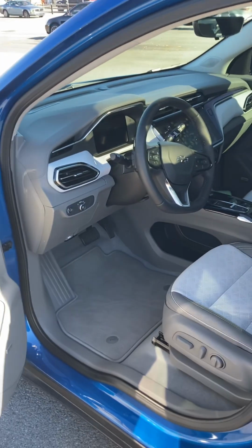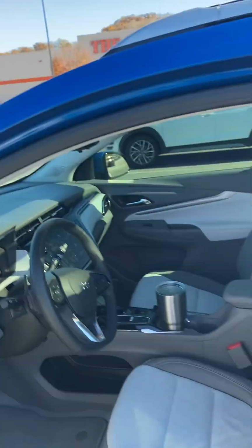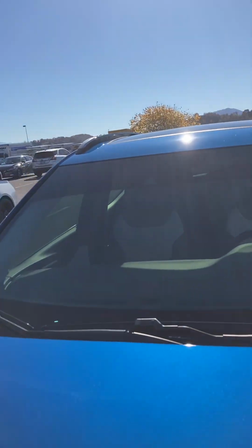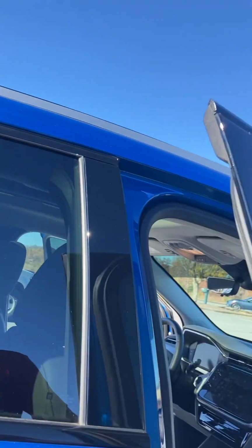So this is what it looks like. I've got the utility mats coming. They haven't arrived yet. I did tint the windows, so I put the visor in front. I guess that kind of stuff isn't standard. I like the color. Some folks don't really like the outside shape of this, but I'll say the interior is